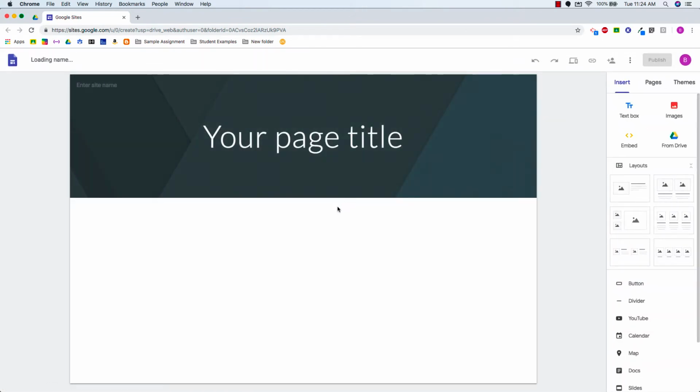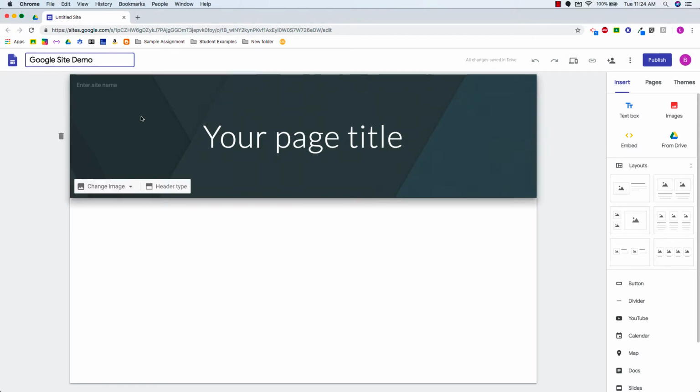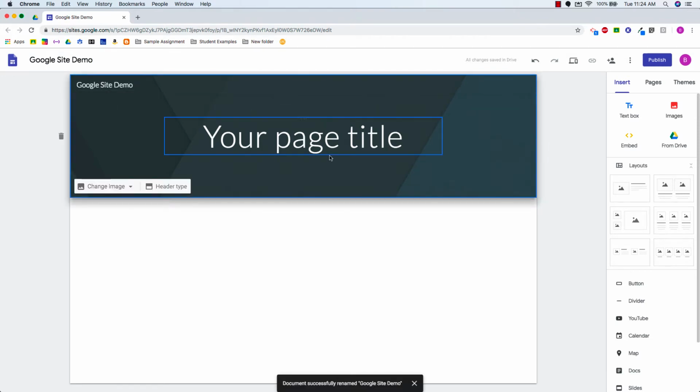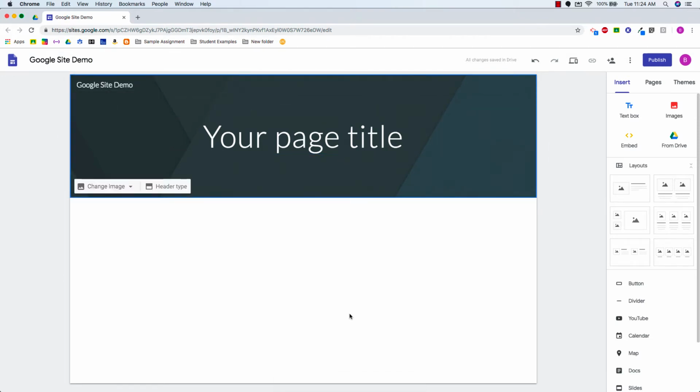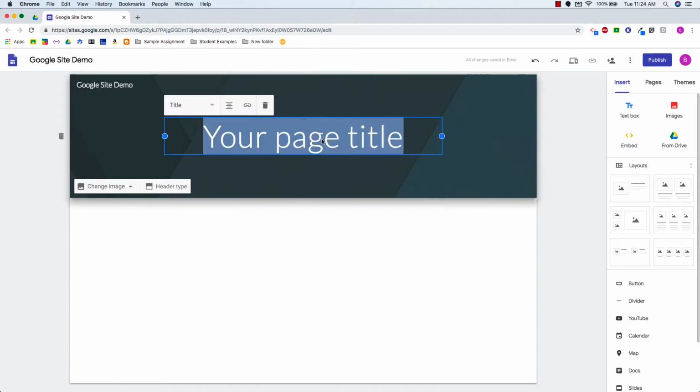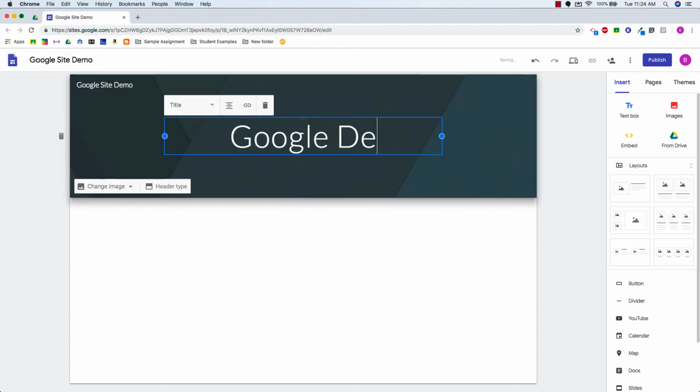So here we have our new Google Sites, and inside of this you have several different options. My first suggestion is to always go up and title your site first, and then you can see that it will name your Google site here. If I'm making this page to be a teacher landing page, for my students to go and get information from, then you should name it as such. I'm just going to keep on the demo